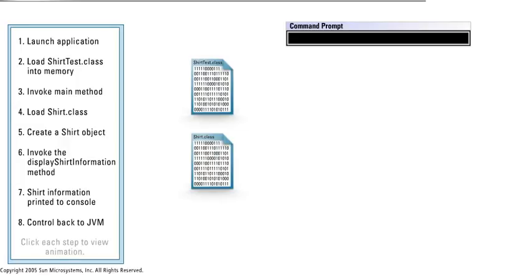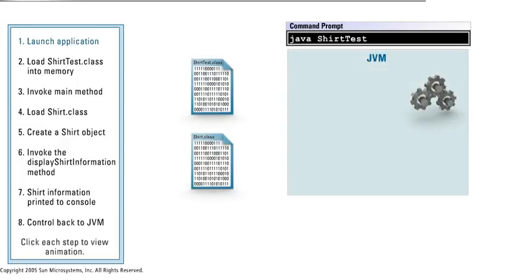So the first thing to do is to launch the application. So go ahead and click step 1. Now you see, to launch the application, we run a program called Java. Now this is the Java virtual machine. So you're not running your program directly, you're asking the Java virtual machine to run your class files for you. So you type in Java, and then you give it as input the name of the class that contains